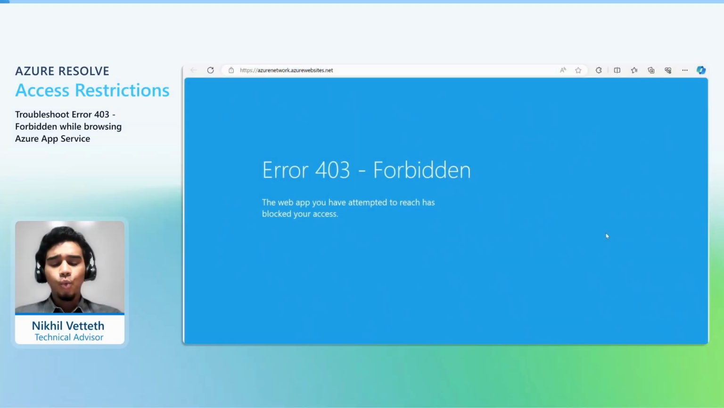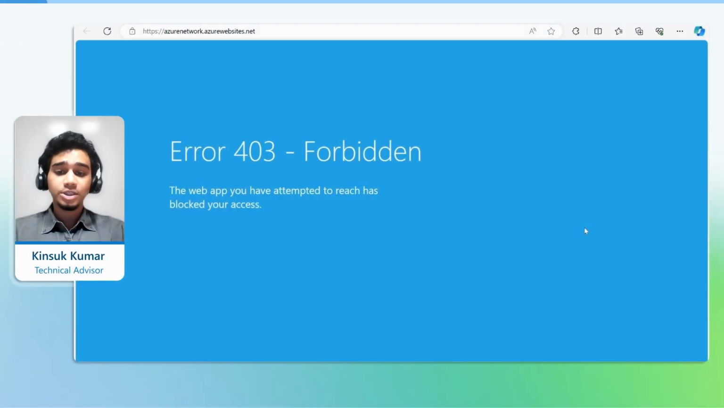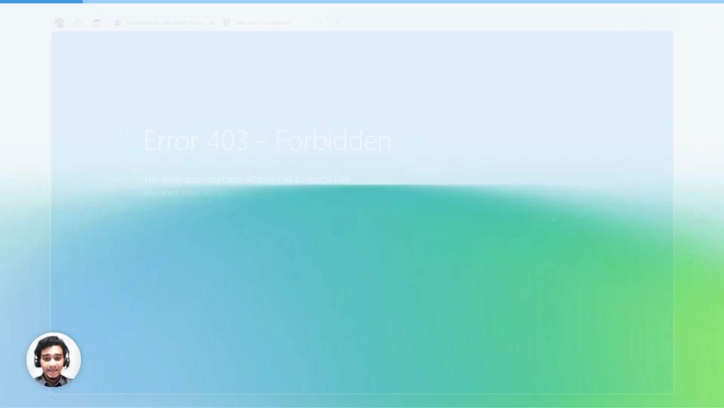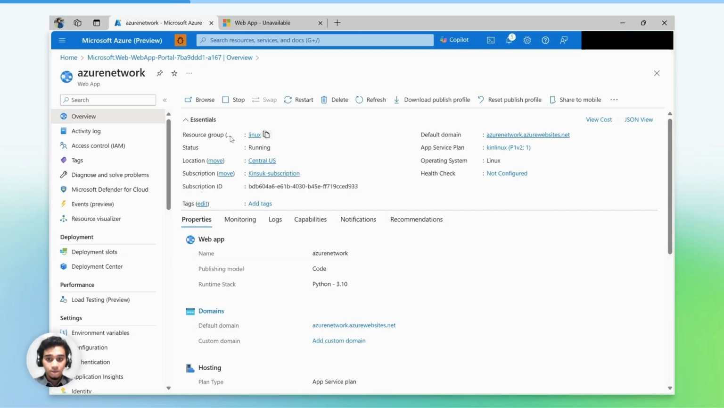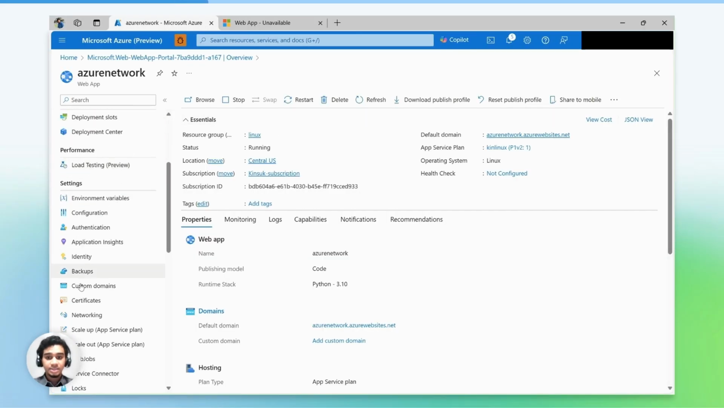Hey there! While browsing your app service, if you ever receive an error message stating 403 forbidden error, then please do not worry. It's a very simple fix. You have most probably enabled access restrictions on your web app, which is blocking access from the current machine to the web app. To resolve this, we would navigate to the Azure portal for the app service and then select